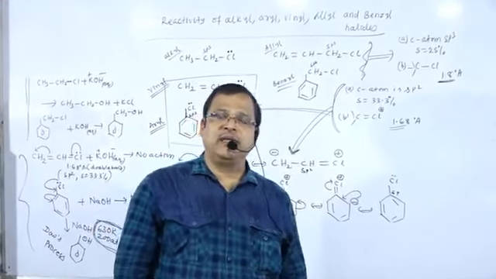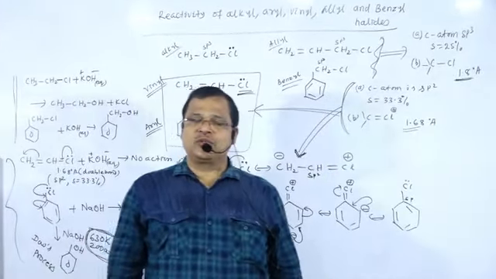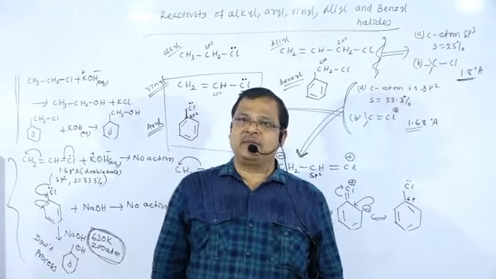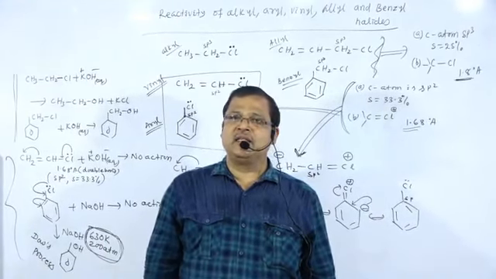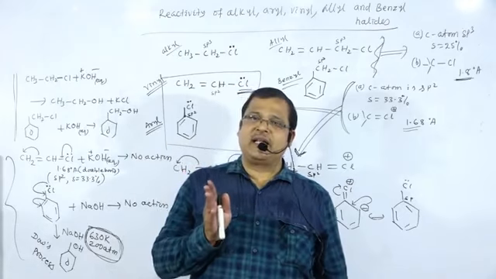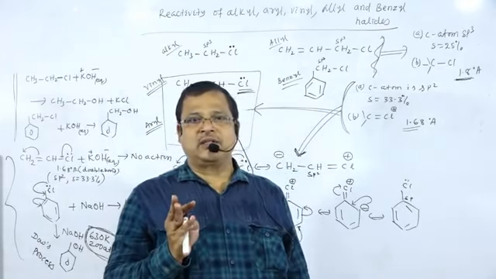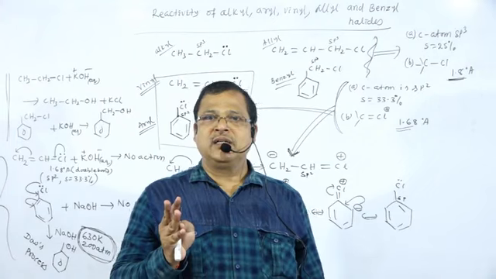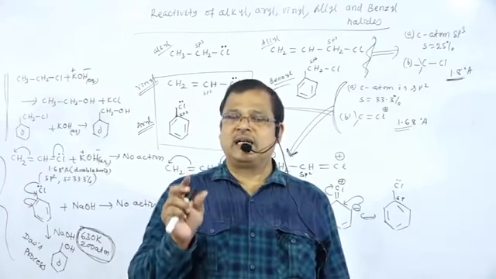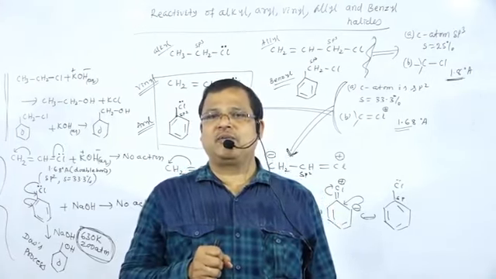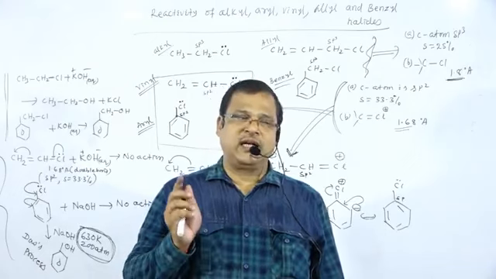This is very important. This question carries 2 marks, and even if it is 3 marks, it will carry 3 marks. So we have to explain the reactivity on the basis of hybridization, bond length, and resonance, that is, development of carbon-chlorine double bond character. So this is regarding that reactivity.